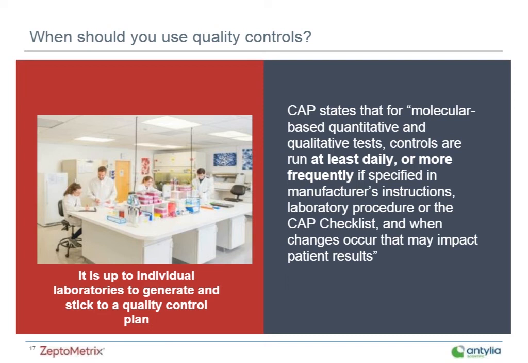You might use a different set of controls, say a quantitative set, when you're establishing a new test in the lab, or you might need something like a verification panel if you're onboarding a new platform in the lab. And then, of course, once you have that platform established and it's passed its verification, you might want to establish a consistent QC regimen with some kind of qualitative pooled control or an external run control to cut down on the number of runs needed. So really, like we talked about a few slides back, it is up to the individual laboratory to generate and to stick to their quality control plan.